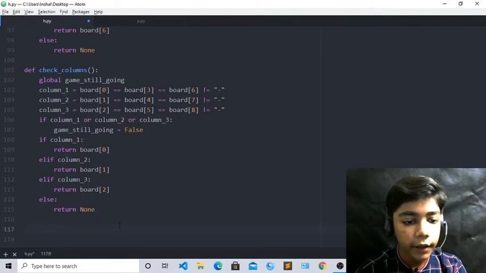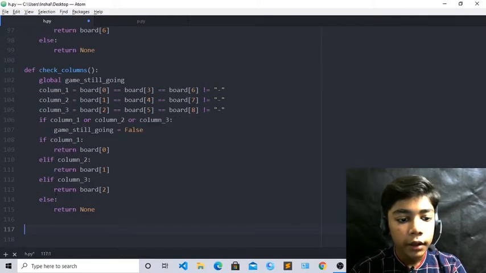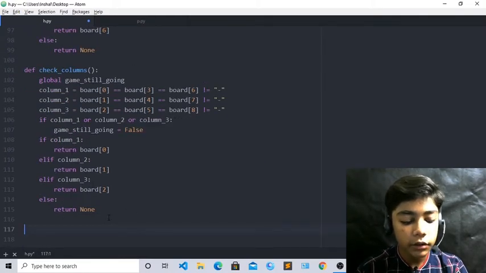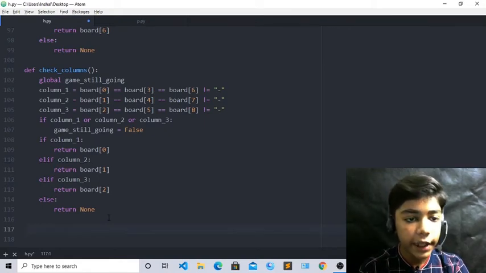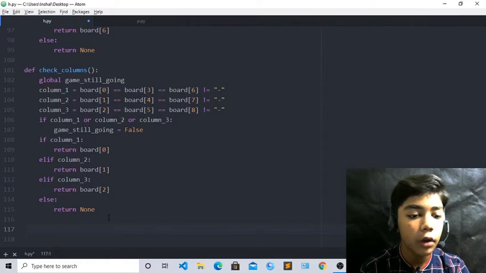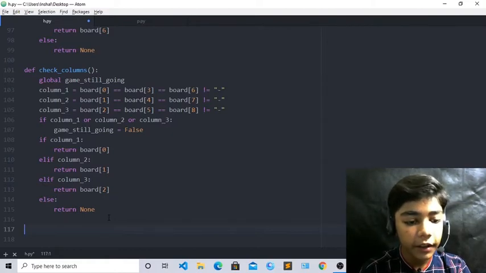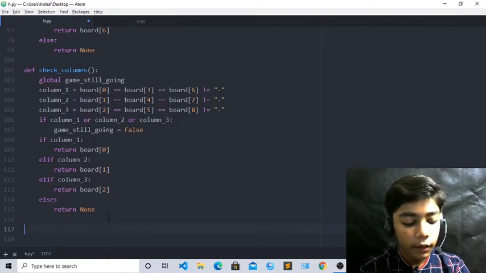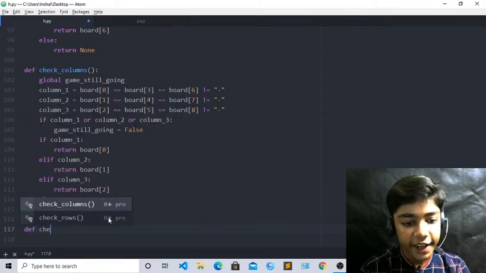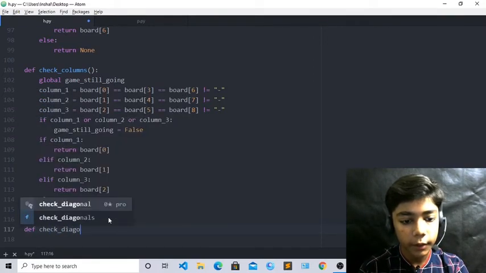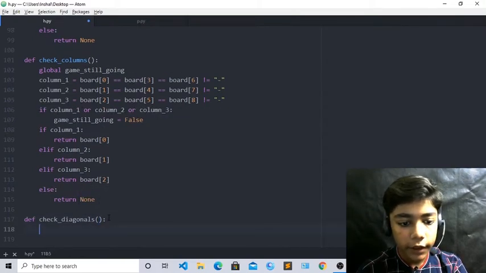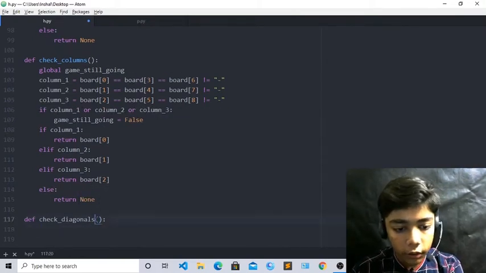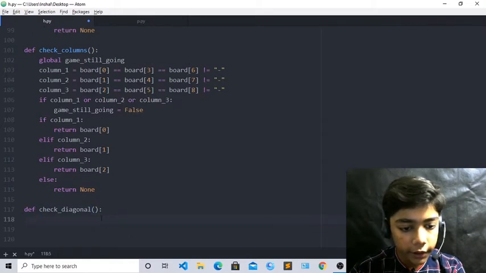Now come over here, and now we have defined def check columns and rows. So now in the end, and now it is not the last one, we have also defined many things, but we have to define def check diagonals, okay, because we have not defined it. Now just come over here and write def check diagonals, okay, because we are defining that diagonals, and now it will be like that. Come over here and now it will be diagonal only, okay. So now come over here and write here like